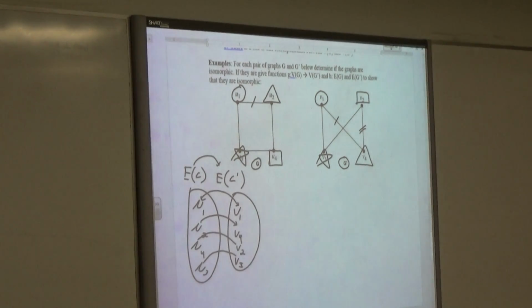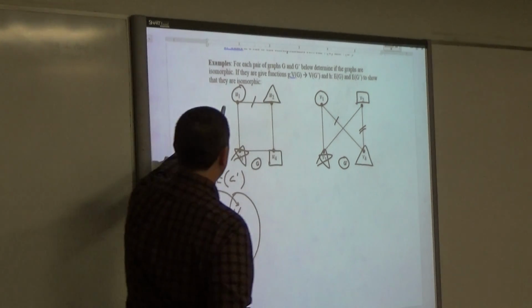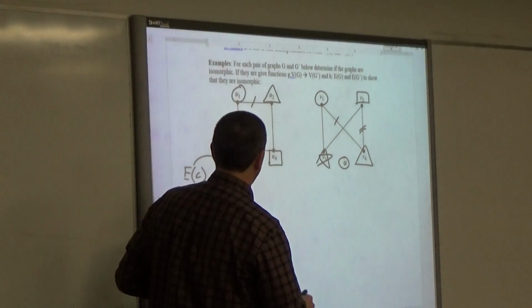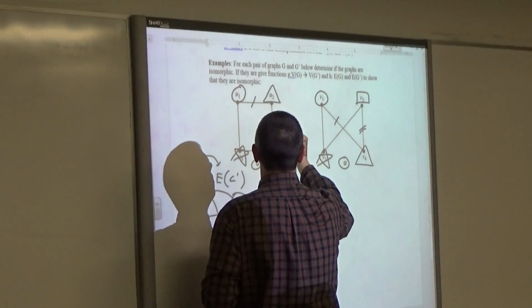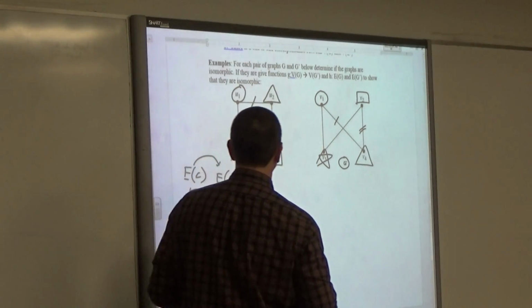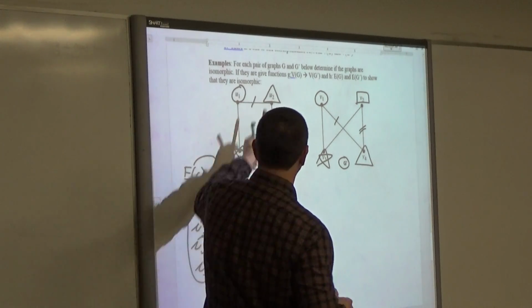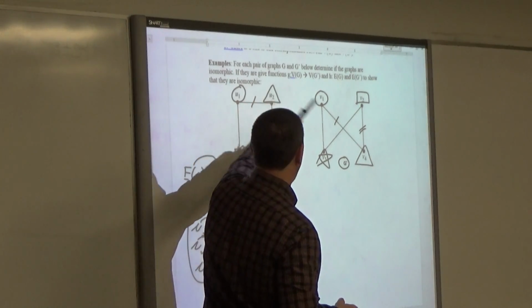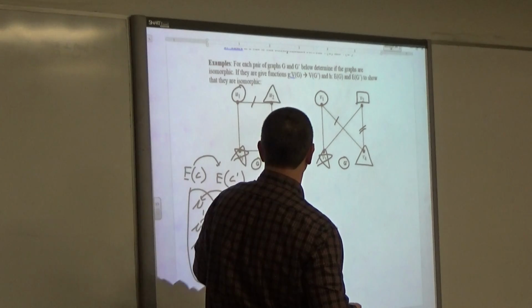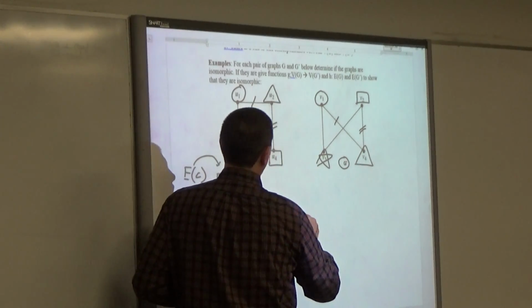Guys, does that make sense as to what I'm saying when I talk about a mapping? You basically just make sure that each of the vertices, you can traverse it, okay? So, for instance, we said that U2 maps to V4, okay? I would put 2 lines there, and then